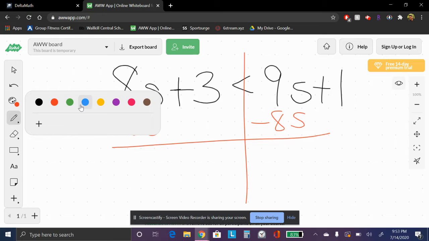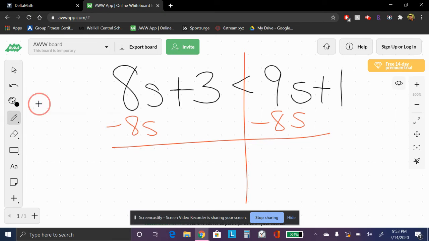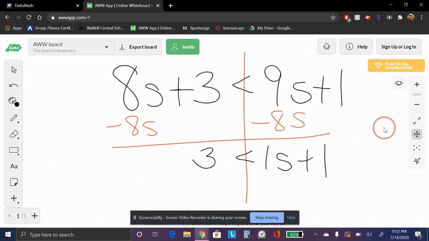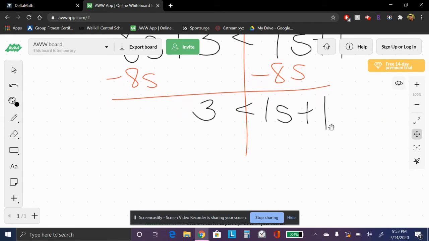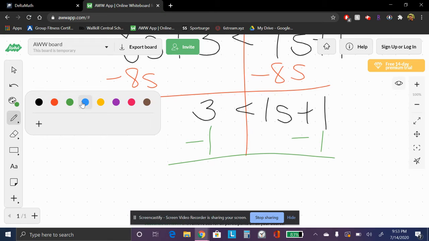So then you are left with 3 less than s plus 1. Then you want to get s by itself, so you have to minus 1 from both sides. And then you would get